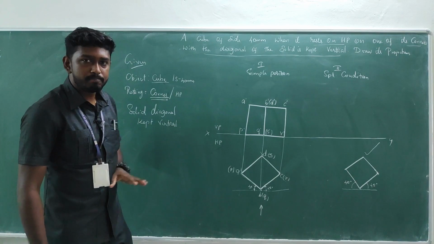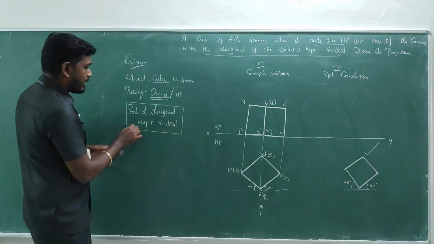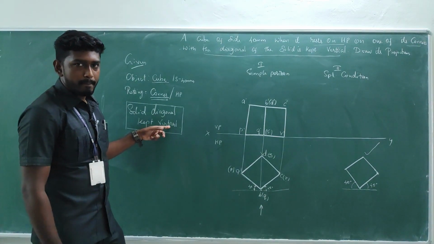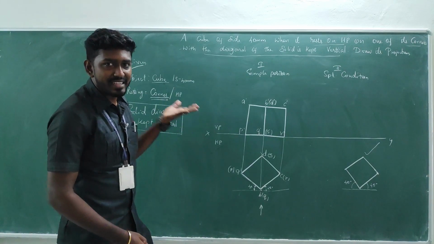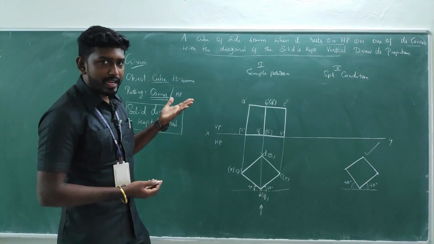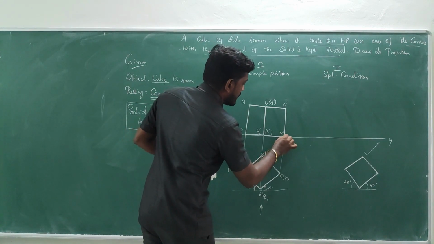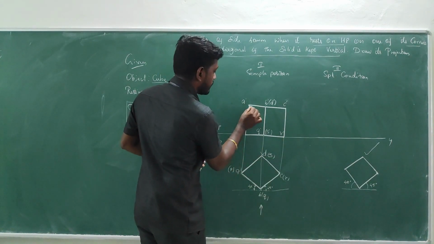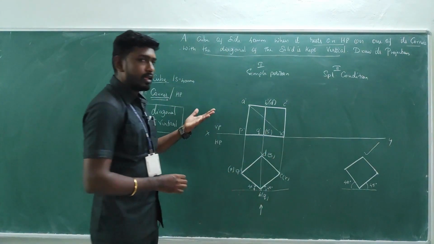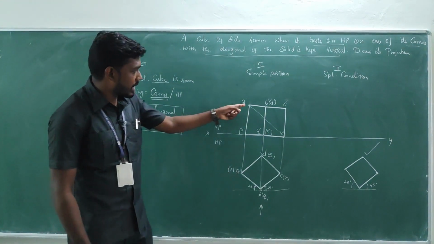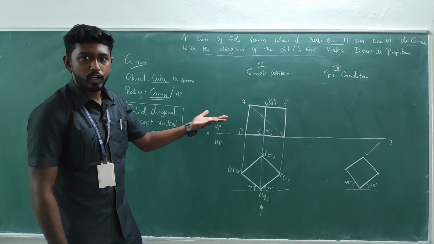Okay. What is next? We have to show the solid diagonal by keeping it vertical. Already said, solid diagonal is the line joining the vertices of the bottom base and top base. That means I am going to connect the R and A corners like this with a very thin line in order to make it understood. I am going to connect A to R. This is the diagonal of the solid for the cube.